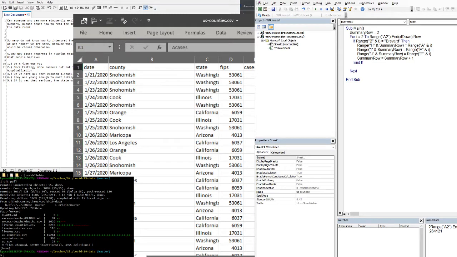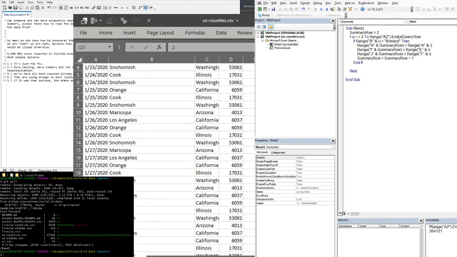Then we can say we want the change of deaths. So here's the first time that we had a death. So that just equals that number. The rest of them